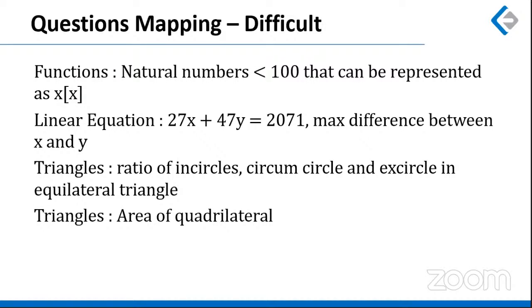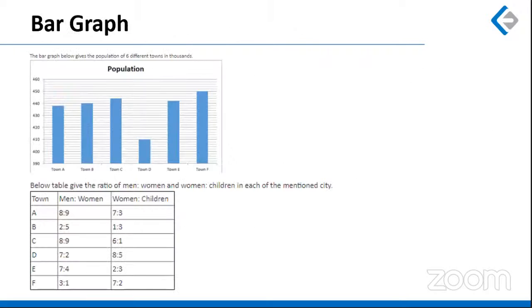Another question, once again based on triangle, where we had to calculate the area of a quadrilateral. Now, prima facie, this question looks like a question from quadrilaterals where four sides were given, but you have to extend the opposite sides of the quadrilateral and construct a triangle out of this. Now, this might sound difficult as a lot of students might not be able to approach this question in this manner, and hence this can be categorized as a difficult question.